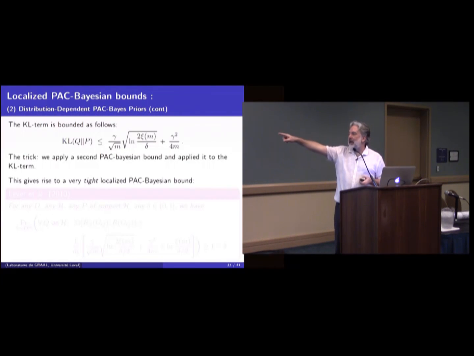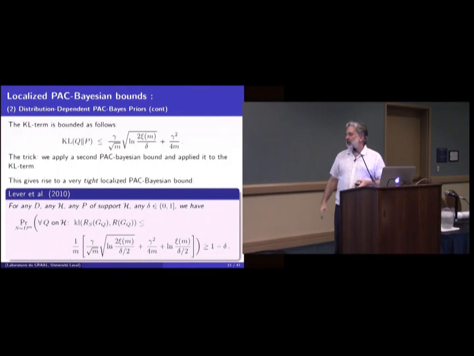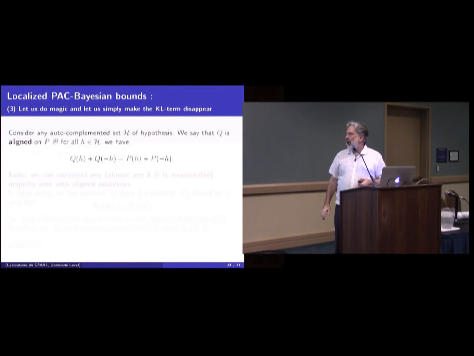This time, basically, it's a PAC-Bayes bound that will bound the Kullback-Leibler divergence between the specific P that we don't know and the specific Q that I showed you, right? So here you know that if you have enough examples, your true risk will not be so far away from your empirical risk, right? Because you don't have the Kullback-Leibler divergence.